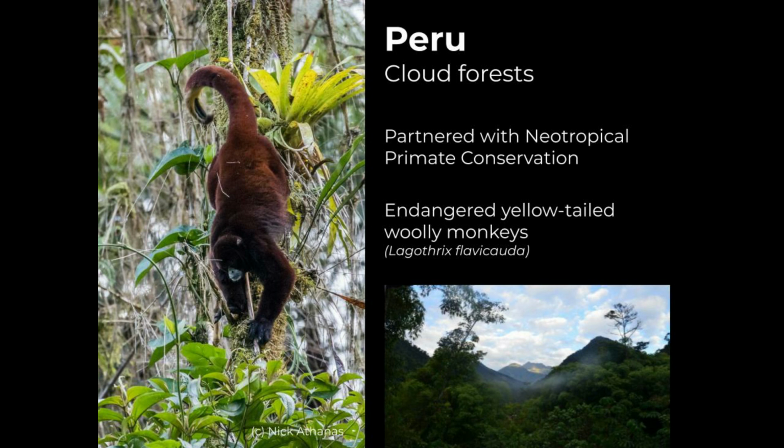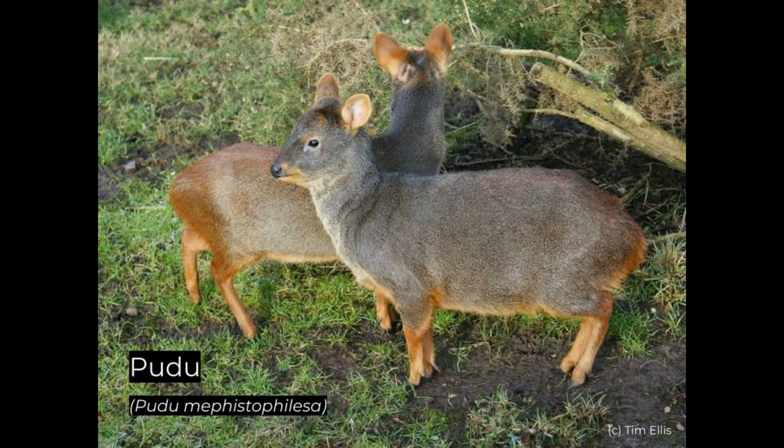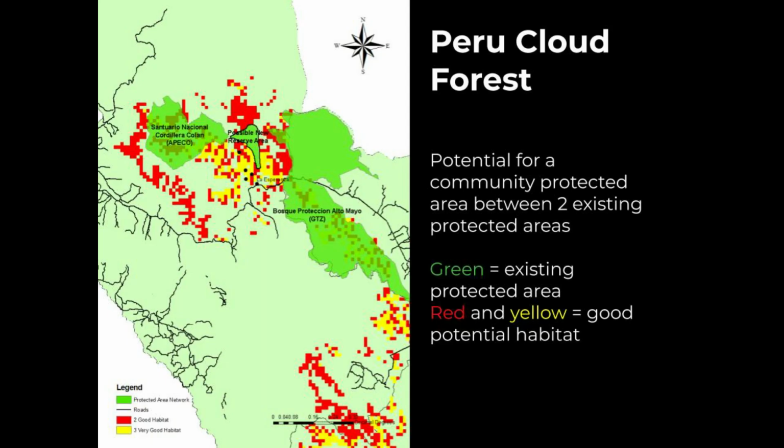We are using a model similar to the Assam project to try and catalyze communities to protect the cloud forest and its primates and other endangered endemic species like the pudu, a small antelope, the spectacled bear, and the whiskered owlet. The yellow-tailed woolly monkey conservation project, being carried out by the Neotropical Primate Conservation through the workshop with stakeholders,